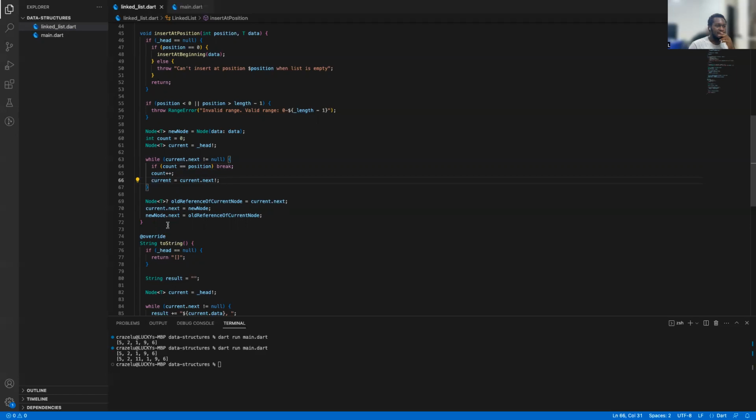Yes, I get it now. So we want to be inserting the new node to the next of the parent of this guy, that's the node before current.next. We want to be inserting it at current itself, not current.next. That's why it feels like you're inserting it after this node instead of before. So one way to keep track of this is